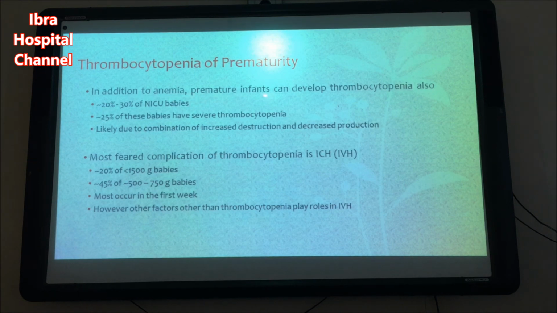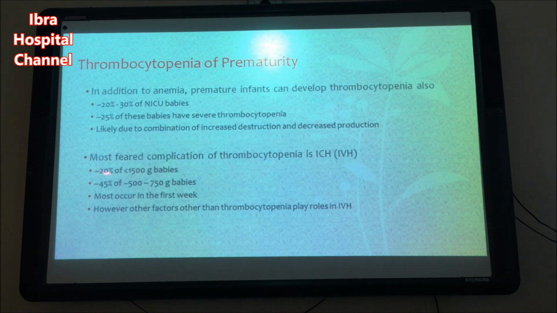In addition to anemia, premature infants can also develop thrombocytopenia. 20 to 30% of ICU babies have thrombocytopenia. 25% of these babies have severe thrombocytopenia. The likely cause is a combination of increased destruction and decreased production. The most feared complication of thrombocytopenia is intracranial hemorrhage or intraventricular hemorrhage in the brain. But this will not happen if the platelets are above